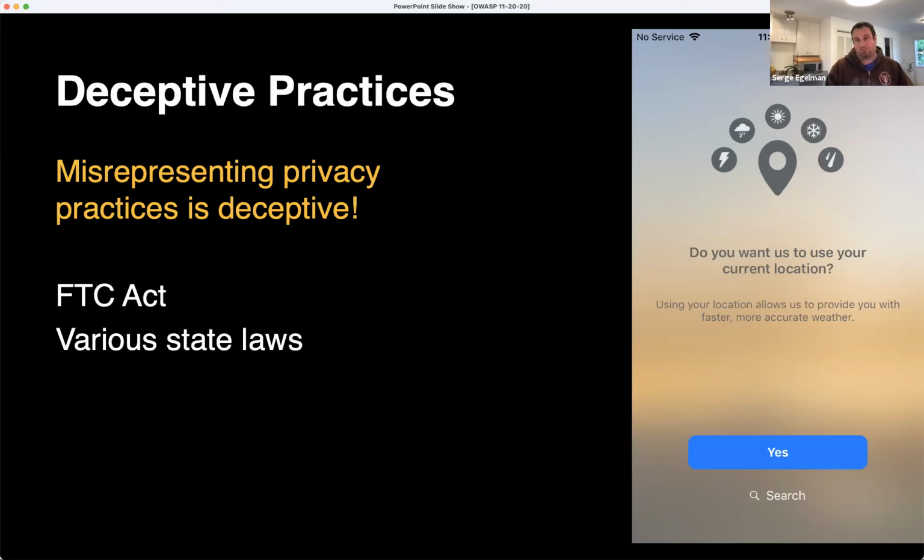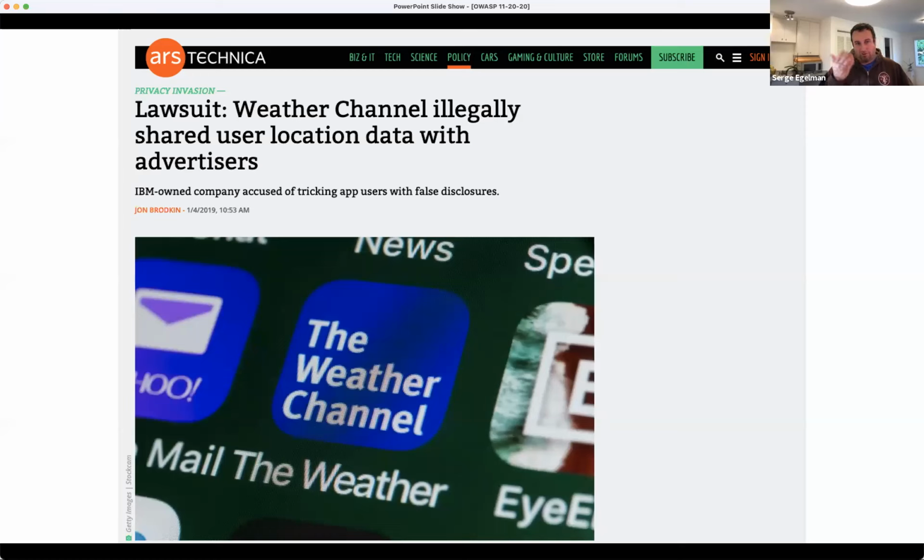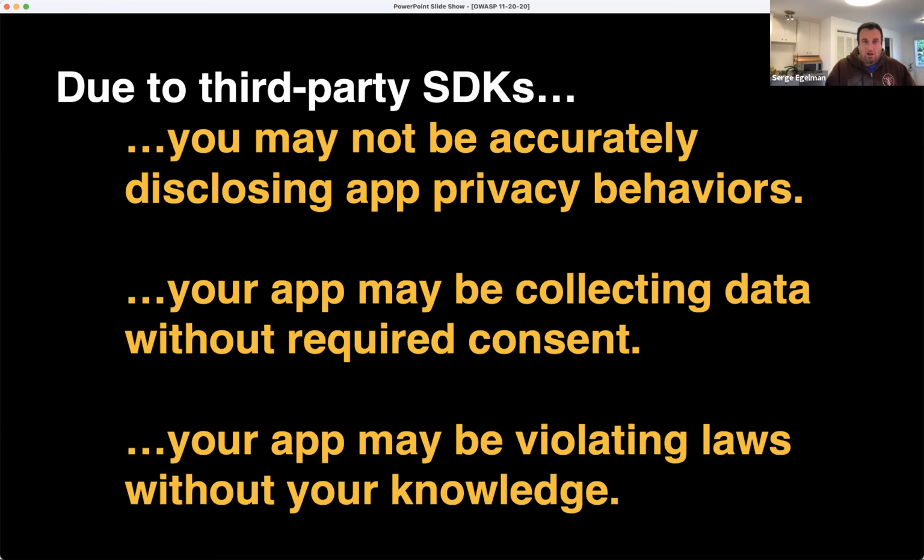Saying data will be used for one thing, even if you legitimately believe that, and then having it used for something else could create problems. In fact, the Weather Channel was sued for this by the LA city attorney. I think that actually settled this year.